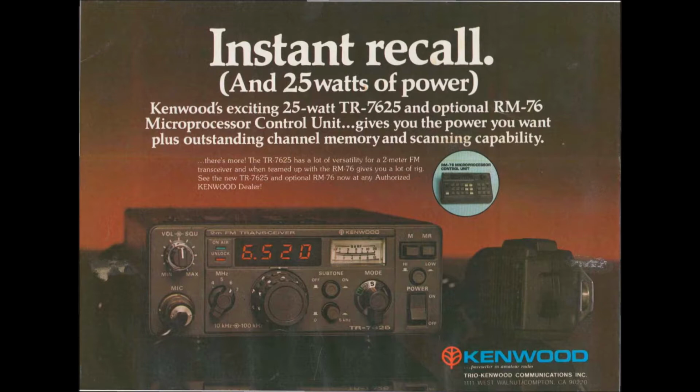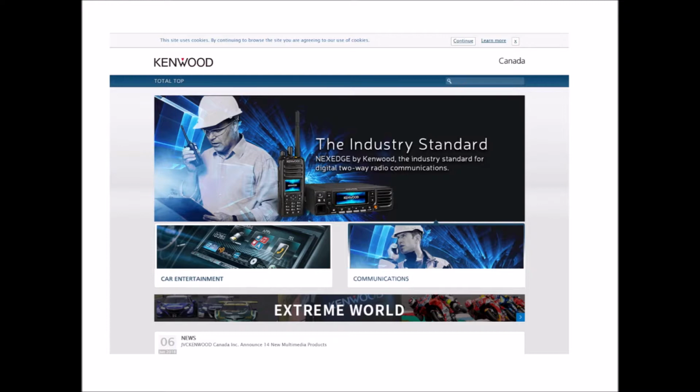Kenwood Corporation is a Japanese company that designs, develops, and markets a range of car audio, hi-fi, home, and personal audio, professional two-way radio communications equipment, and amateur radio ham equipment. History: established in 1946 as the Kasuga Radio Company Limited in Komagane City, Nagano Prefecture, Japan. In 1960, the company was renamed Trio Corporation. In 1963, the first overseas office was founded in Los Angeles County, California, in the United States.